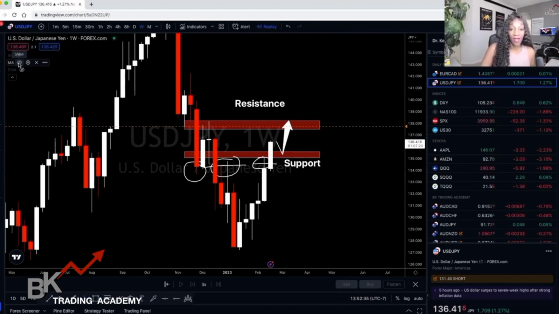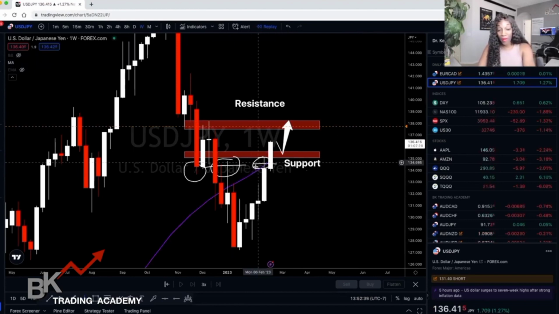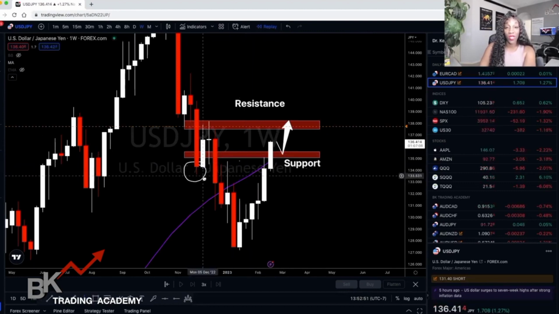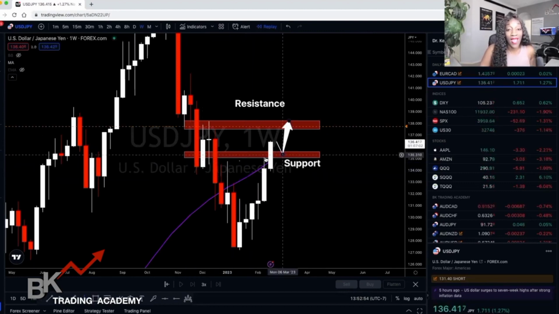And if I add that here, you'll see that the 50-period moving average on my chart is right at that area where the price was violated or where that high was taken out. You see that? So now when the price comes back to this future support zone, I'm going to be looking for some type of buy, as long as price stays above this level and above the 50-period moving average. That signals to me that we might be transitioning into a bullish trend on the weekly instead of a bearish trend. All right, so I'm going to be looking for a buy now at that 135 zone or so,